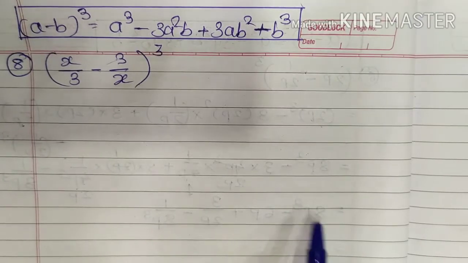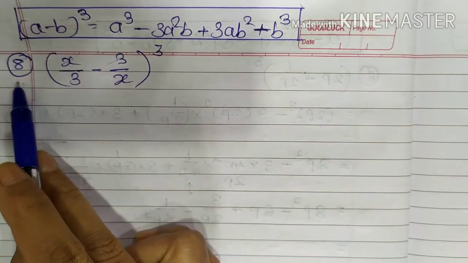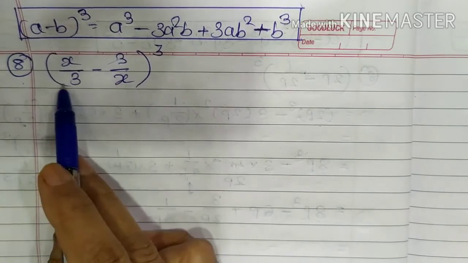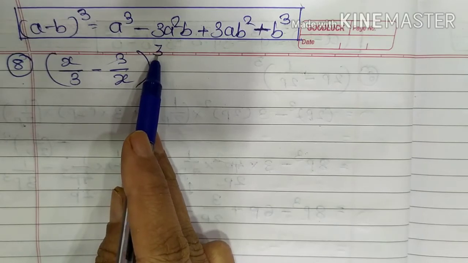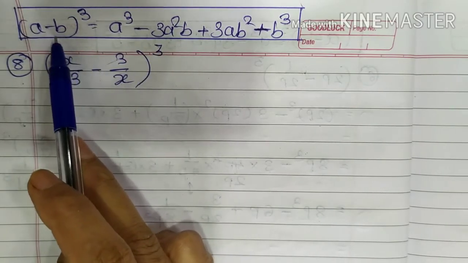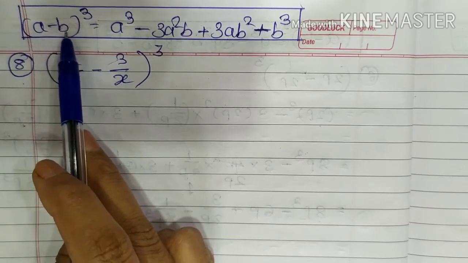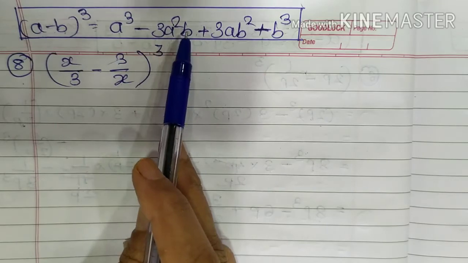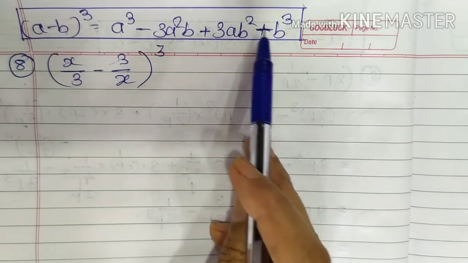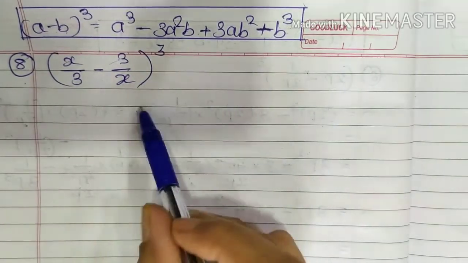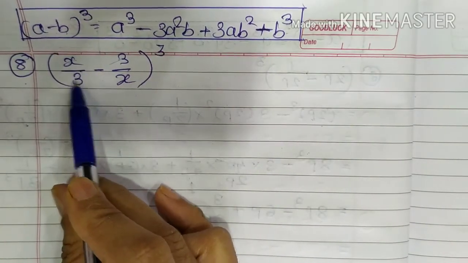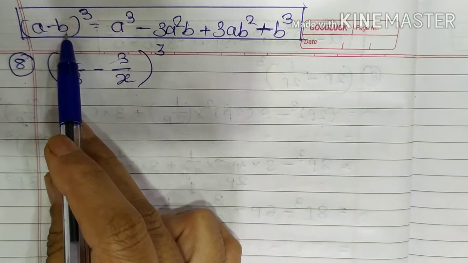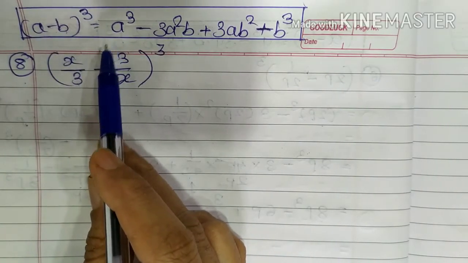Next example, example number 8, (x upon 3 minus 3 upon x) cube. Again, by using the formula, that is (a minus b) cube is equal to a cube minus 3a square b plus 3ab square minus b cube. So, x upon 3 is a and 3 upon x is b. Using this formula, first step,